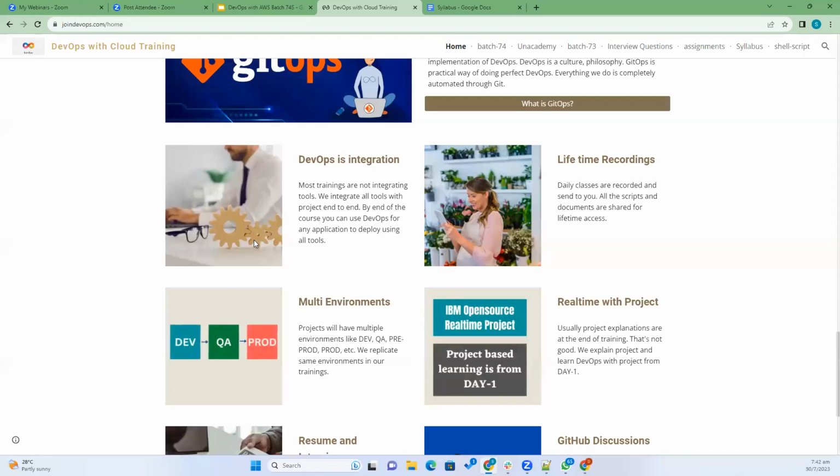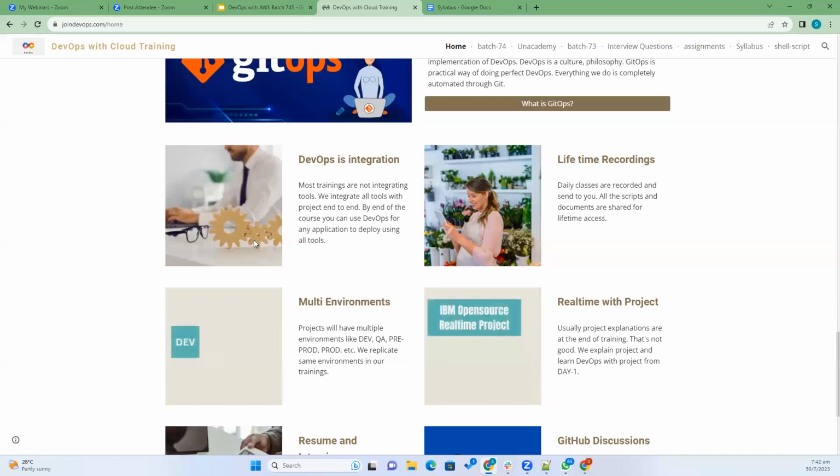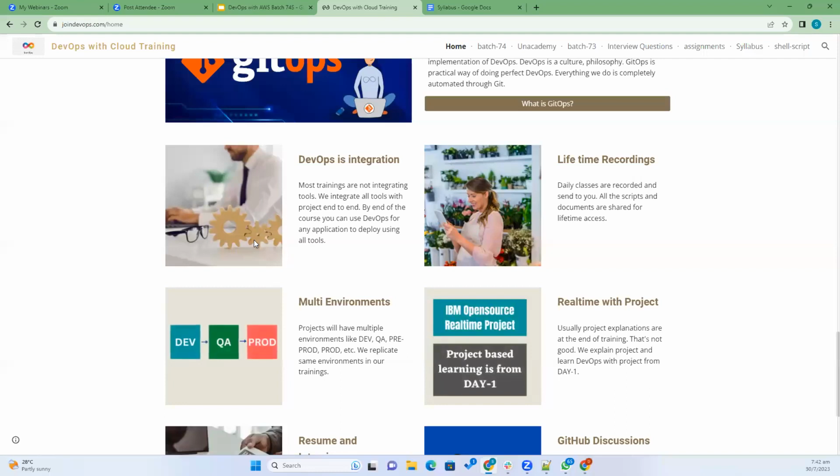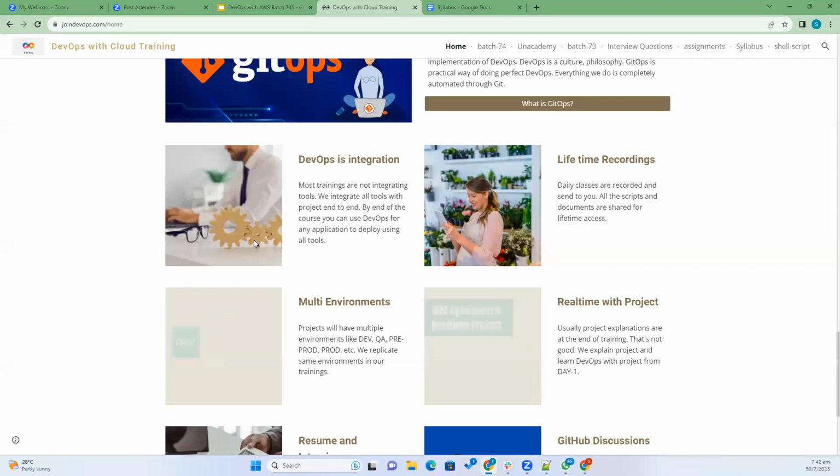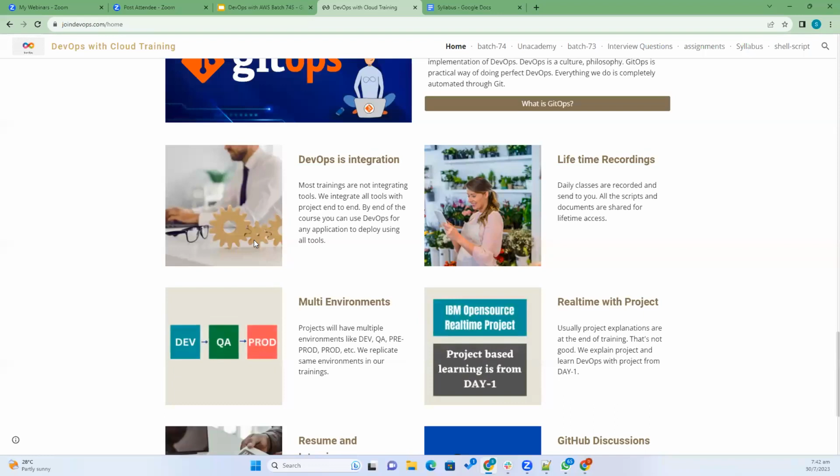We are not going to the project at the end. We will do the project after the Linux itself. Whatever concept you learn, immediately you have to apply on the project. That is how real-time projects run. If a new DevOps project is going to be started and you are recruited into that project, then you have to do it like this only.